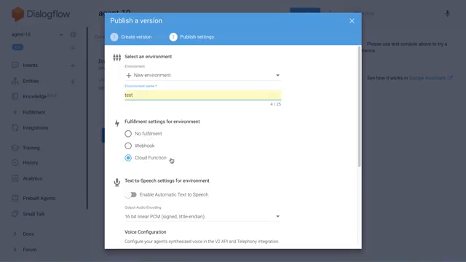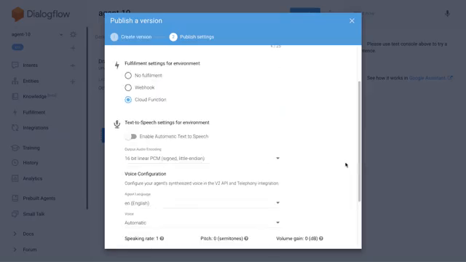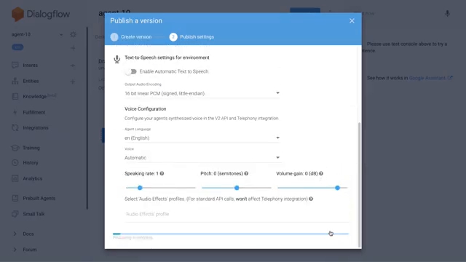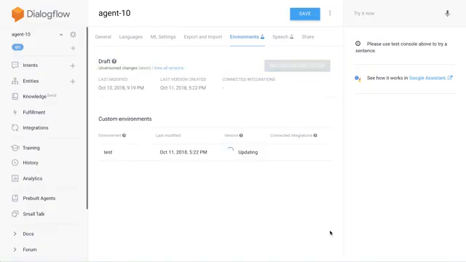So let's leave cloud function, and then publish. That creates a version of the current agent that we have developed and sends that to the test environment.